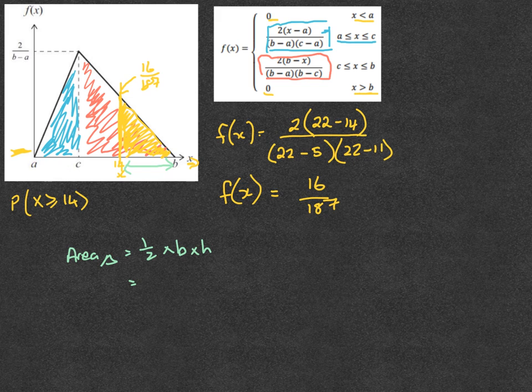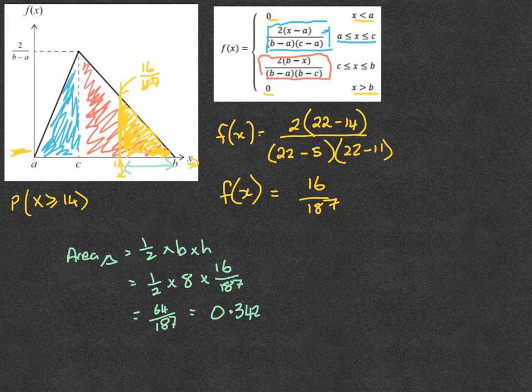We know that the base is 8, because that's between 14 and 22, and the height is 16 over 187. And if we multiply that out, we get 64 over 187, which also equals, if you put it as a decimal,